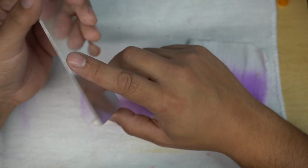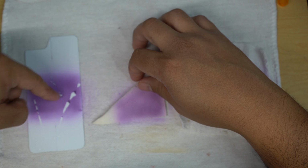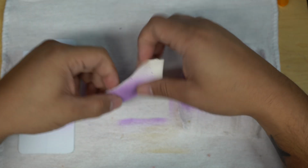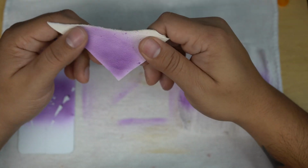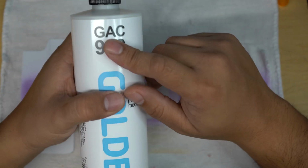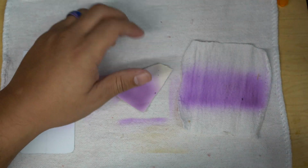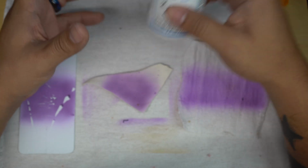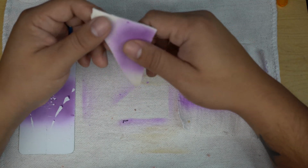It has nothing to bond to. It has nothing to stick to, which is exactly why stuff like this is going to happen. So I would be mindful of this. Now, for the leather, if you're going to be putting this on leather like a sneaker or anything like that, I would suggest using a GAC 900 or an Angelus 2 Thin. I think I have this right here, Angelus 2 Thin. I would suggest these two things, one or the other, depending on the project that you're using, only because you